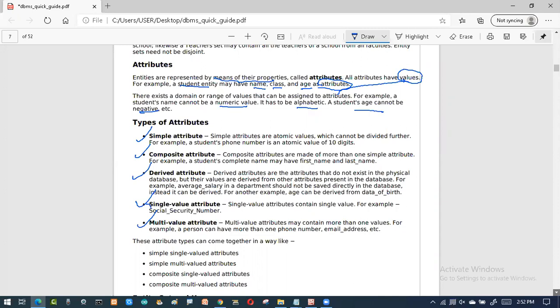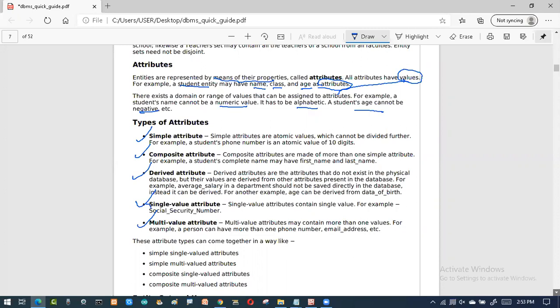When I'm talking about 8 digits, it is like your landline number. When I'm talking about 10 digits, it is your normal number, which is common for Indians. If you go for a foreign number, it will be added with some code, which adds 2 more digits. But it doesn't mean you are dividing the number, with 5 digits in one attribute and the remaining 5 in another. So the attribute which is not further divided is called a simple attribute.